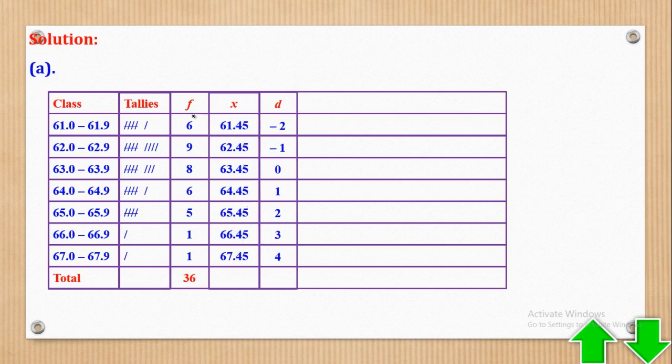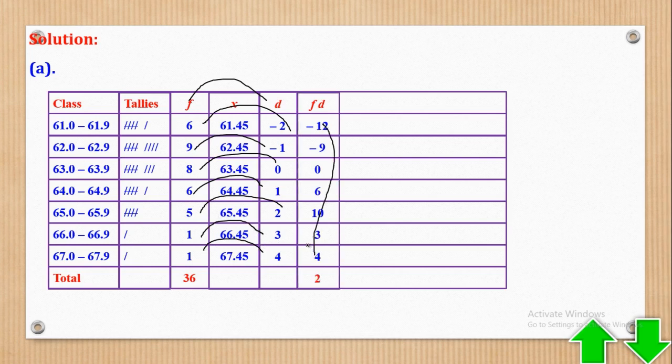So next I'll have to get the product of f and d. So this multiplied by this gives you that, and the same for each of the other rows. So next is to add all these values to come up with that. Then they also ask for